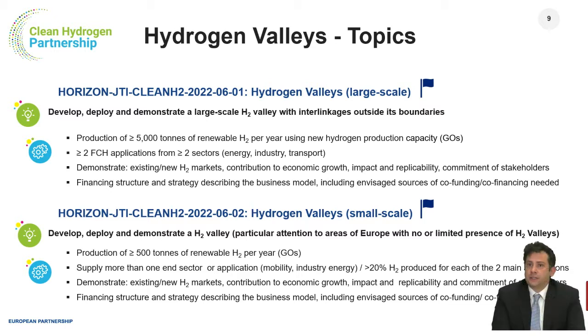Projects should demonstrate as well existing and new hydrogen markets, the contribution to economic growth, the impact and replicability. Commitment of stakeholders is also very important, through letters of intent. Something that is quite relevant for this type of initiative and the valleys is the financing structure. In that sense, we expect that the proposals present a financial structure and strategy describing the business model, but also envisaging the different sources for the co-financing and co-funding that might be required for the valley